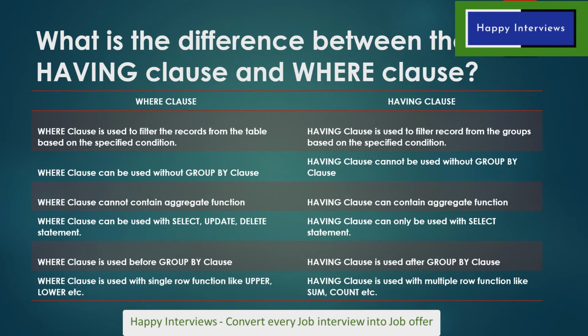Main points to note in this, from an interview perspective, is that the most important question out of this is, can we use where clause when we are using a group by in our query? And its answer is yes, we can use it, but we have to use that where clause before the group by, and having will be used after the group by. And how will they function? First, where will filter from the table, then it will be grouped by some group by condition, and after that having will filter from that group which is formed by group by. So this is the main question that comes out of this. Let's move to the next question.